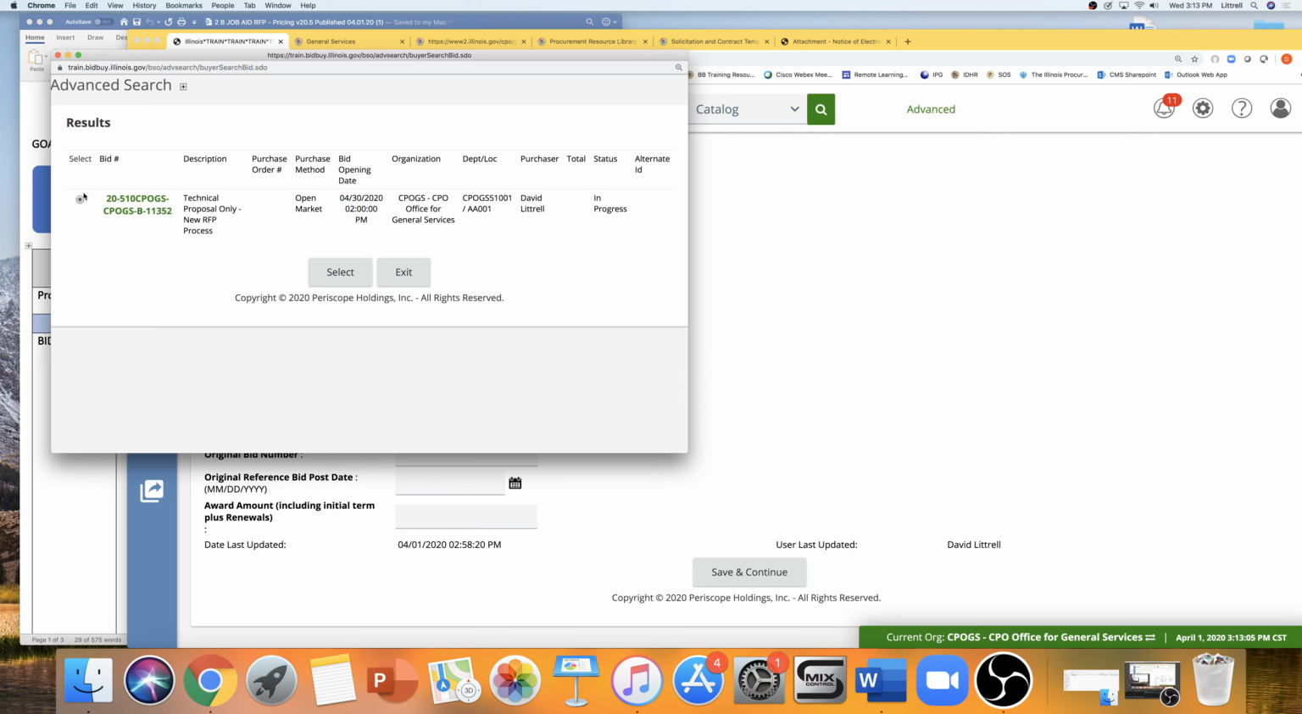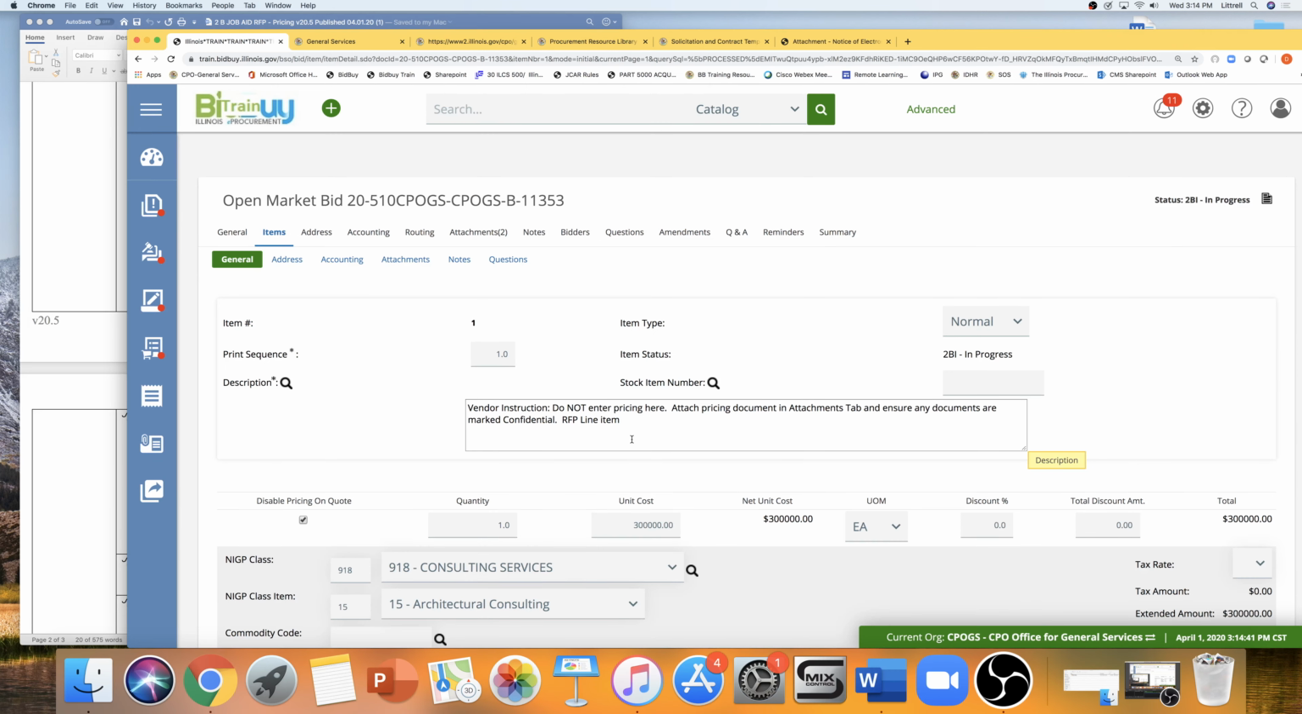So a recent update for BidBuy is that any documents that are attached to a quote are defaulting to being marked confidential. But anyway, we always want to let vendors know to ensure that the documents are marked confidential. But that will be the default. Okay, save and exit. We're good with our items. The address and accounting has already been done, and we get to attachments, and we're